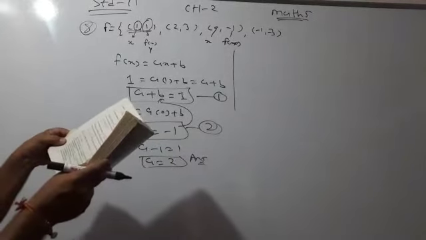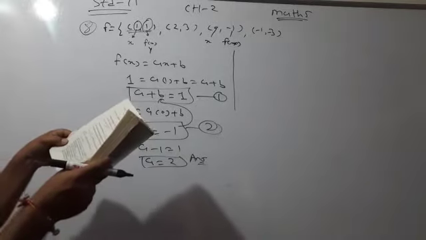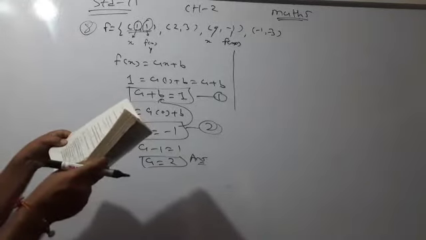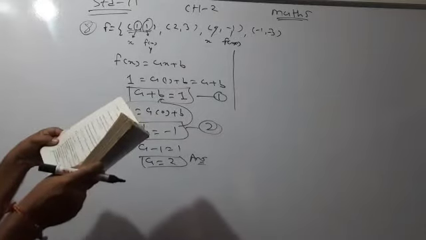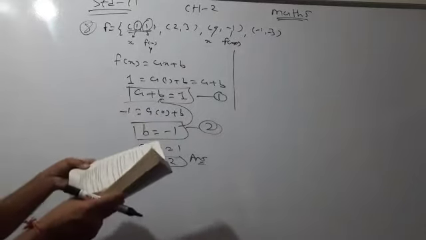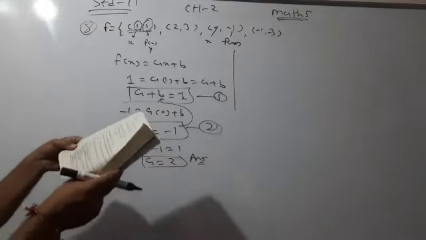Now question number 10. A is given, B is given, f is given: (1, 5), (2, 9), (3, 1), (4, 5) and (2, 11). Are the following true or false? Again true or false, and you have to justify your answer whether it is right or wrong. If wrong, why? You have to only explain.